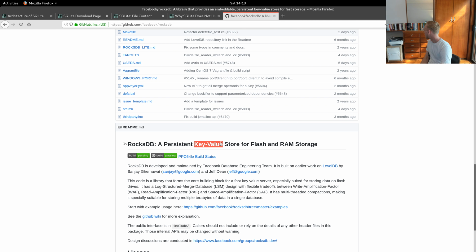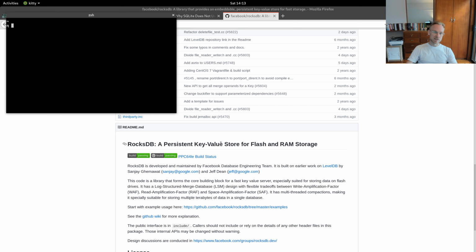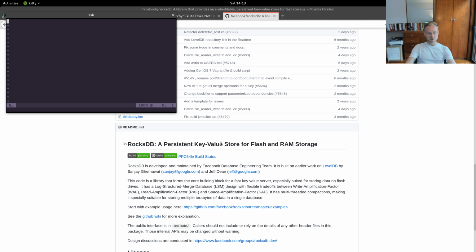It's actually from Martin Kleppmann's Designing Data-Intensive Applications. And Martin has this example where he's like, the simplest database is, you know, and it's like